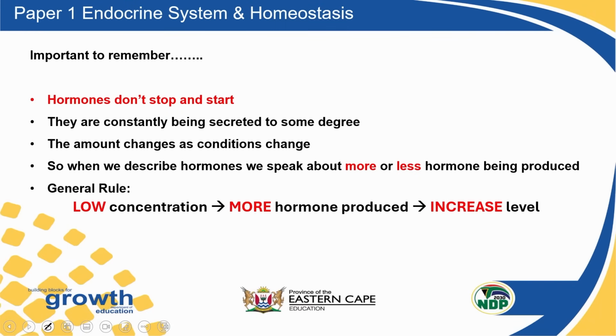So we need to say more of the hormone is produced or less of the hormone is produced. For instance, the pituitary gland is stimulated to produce more ADH, or your thyroid gland is stimulated to produce less thyroxine. We need to use the words more or less when describing it. And a general rule that you can apply when learning these negative feedback mechanisms is that low concentration of a hormone causes more,